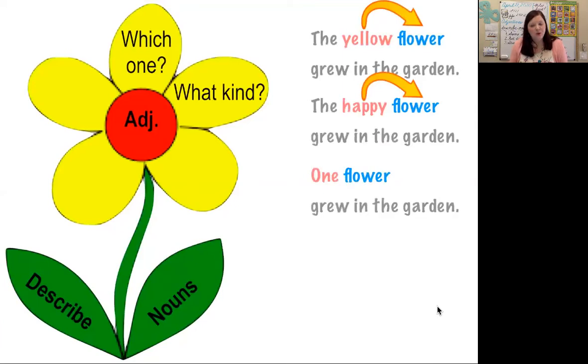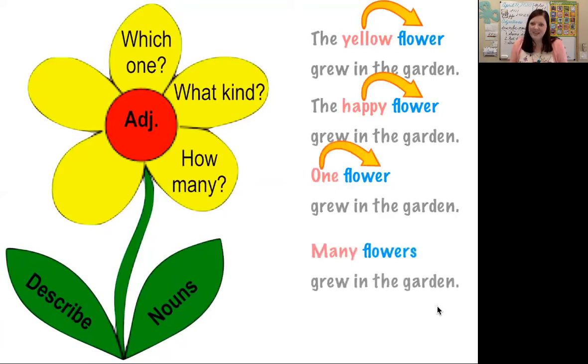One flower grew in the garden. How many flowers? Just one. One is describing flower. Many flowers grew in the garden. How much? Well, many. Oftentimes with how many and how much, it might not necessarily be a number like 1,